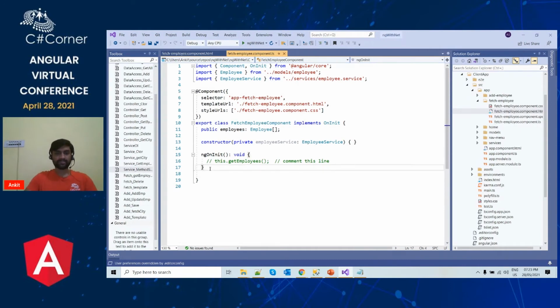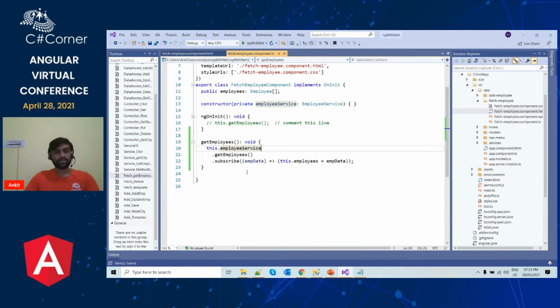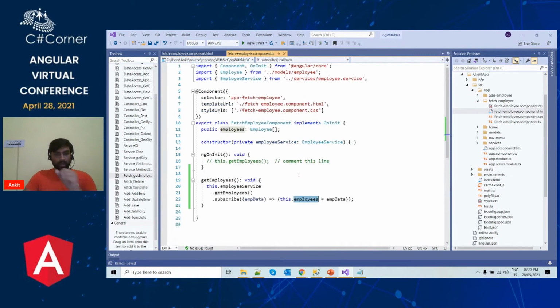So let's start with this. Here in the constructor, I have injected the employee service. And here we have defined an object of type array of employees. Then let me define a method called get employees. In the get employee method, we are calling the get employee method of the service, and we are subscribing to the observable, and then we are assigning the data which is returned from the observable to our local variable that is called employees.